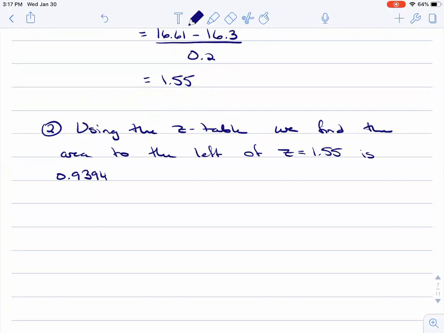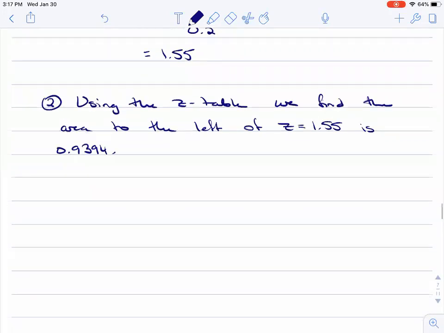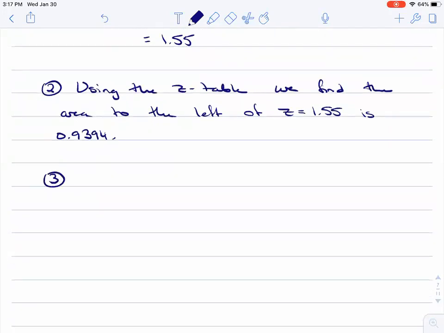So now just put that to the side. Now we're going to find Z lower, which is 16.11 minus 16.3 over 0.2,